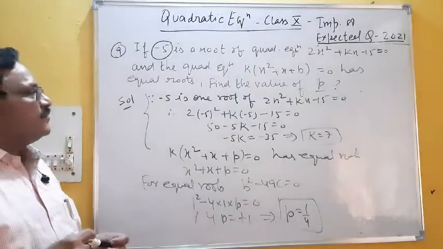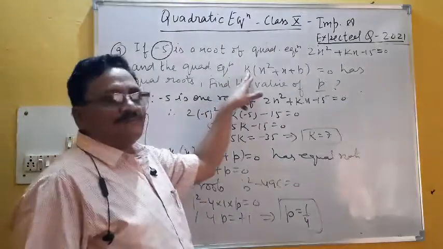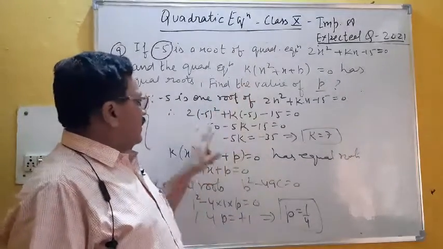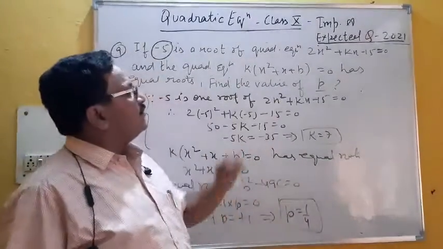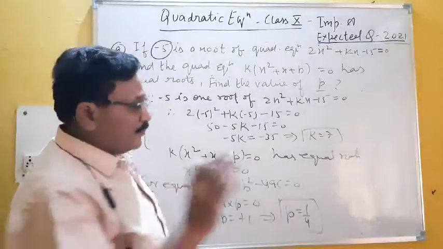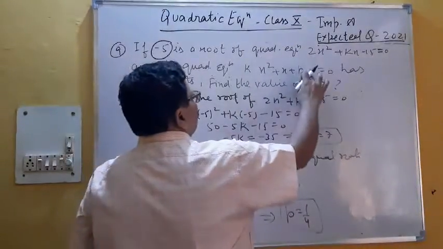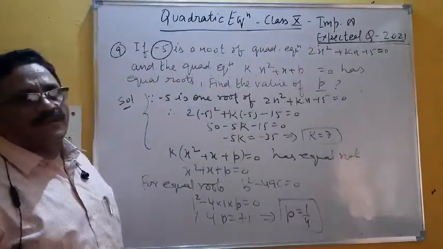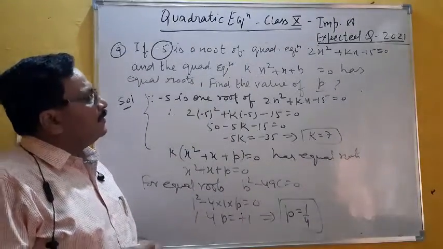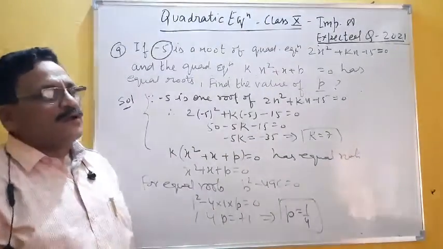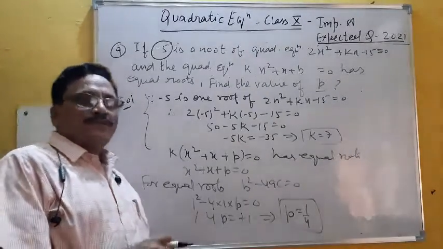Now you can see if I substitute the value of k there, and here write 5, ultimately 5 will go this side, become 0. Now I change the question. This is for you, I am not solving, you will solve yourself. kx square plus x plus p, then you have to calculate k and p both. So sometimes you have to read the question very carefully in the exam. What is required, accordingly you have to give your time.